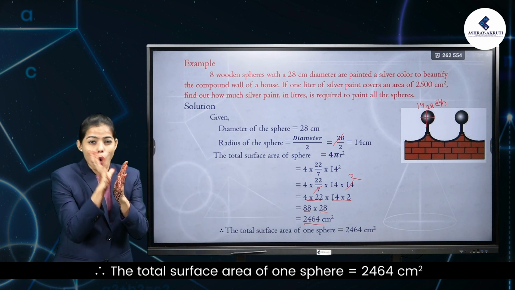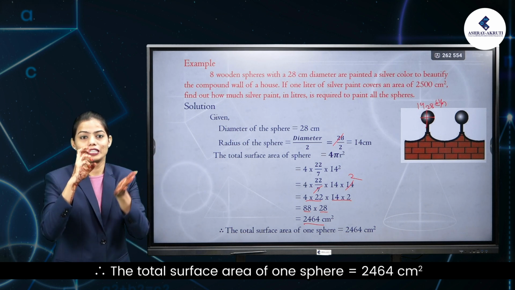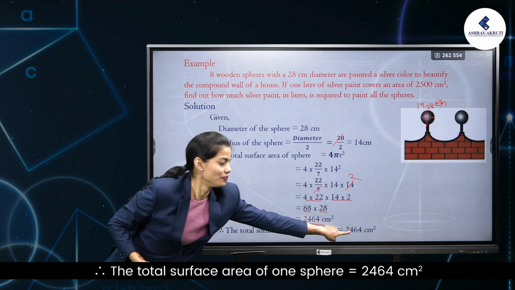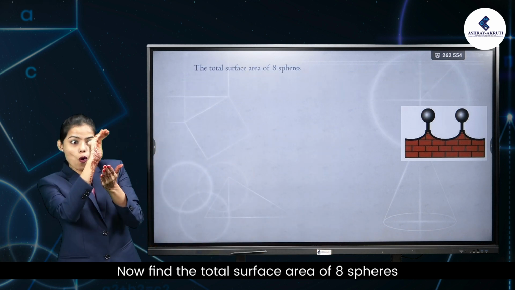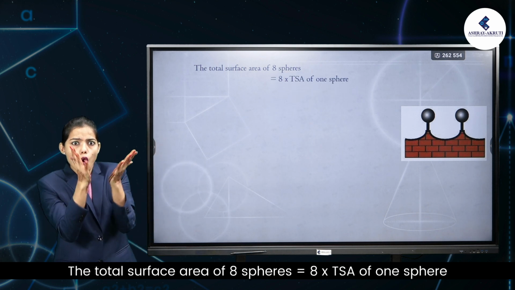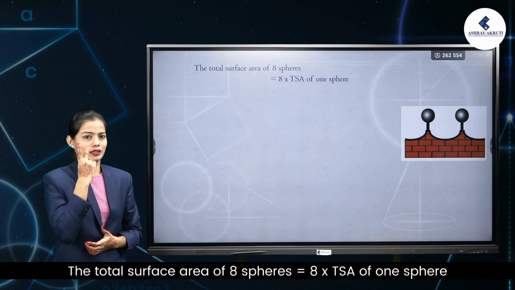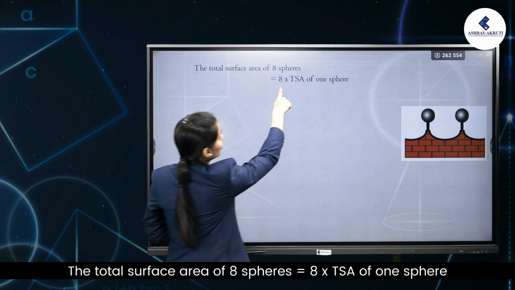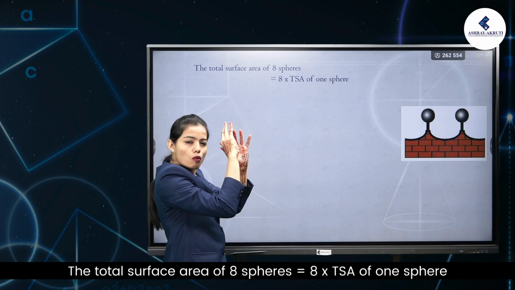Therefore, the total surface area of one sphere is equal to 2464 centimeters square. Now, find the total surface area of 8 spheres. The total surface area of 8 spheres is equal to 8 into total surface area of one sphere